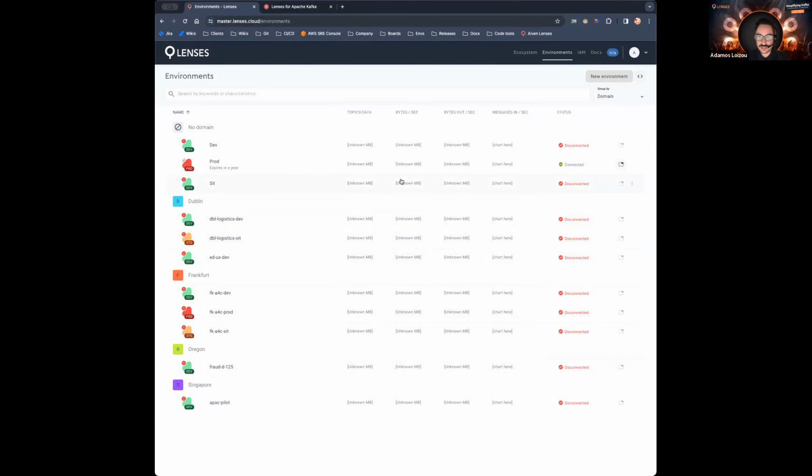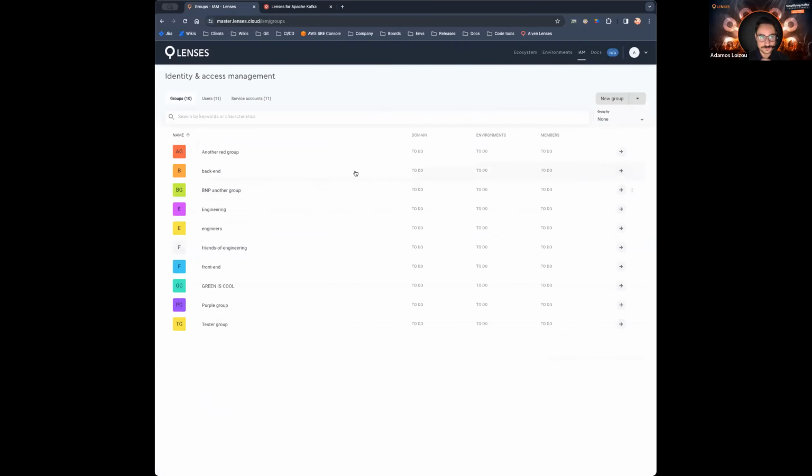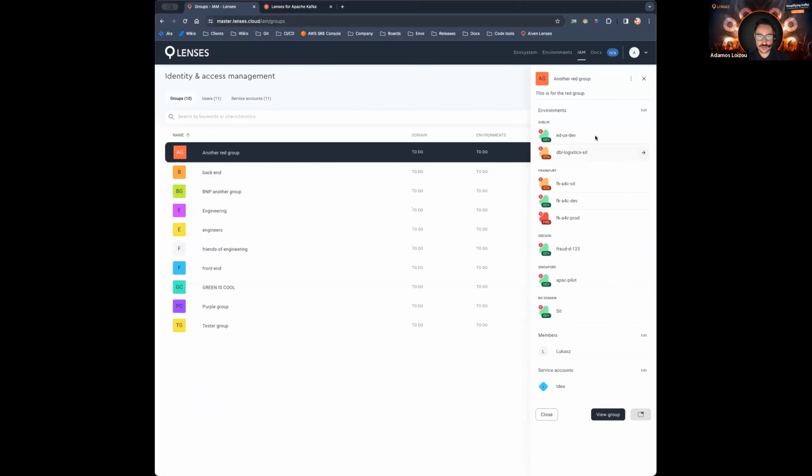And this is just a taste of how you can start understanding this huge ecosystem of real-time data, with business units, domains, and regions all coming together. And of course, the big first challenge is how do you govern access to this big new world? This is what we've been working on with our IAM, the idea that you can have teams represented as groups, and with each team, you can fully control what they can access, not just on one environment, but on any environment you want.